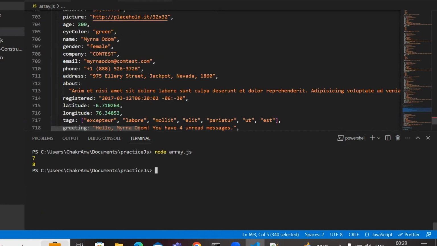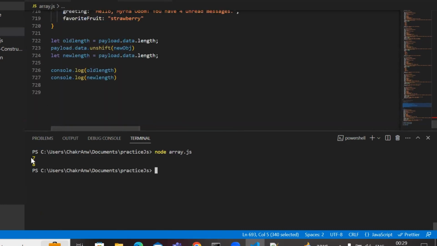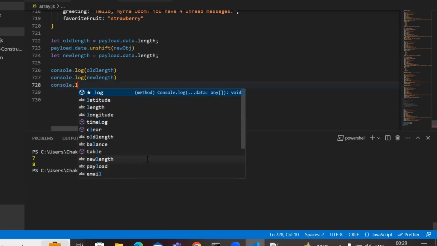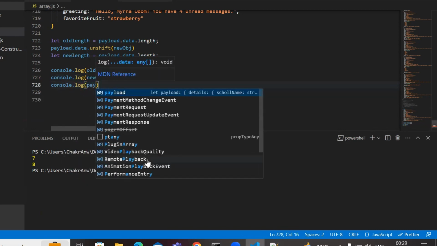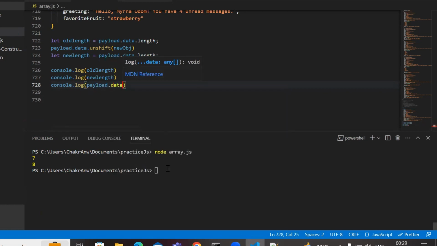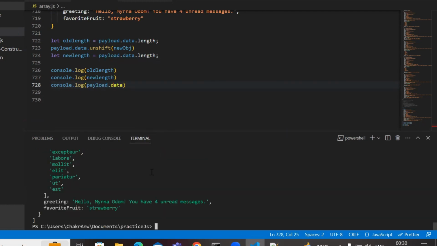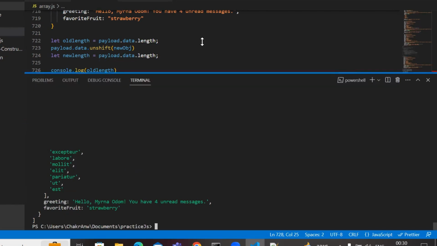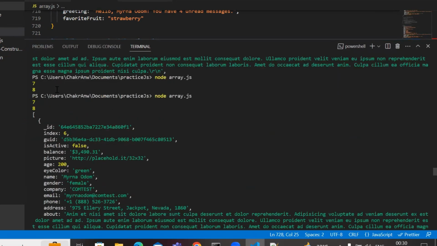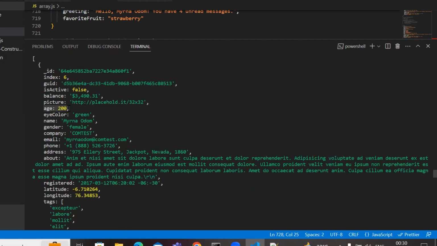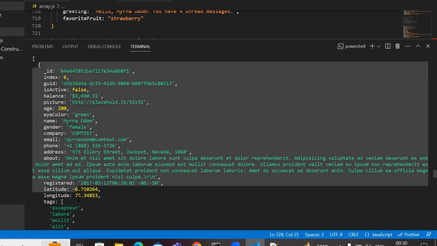You see, the old length was 7, and the new length is 8. So now if you want to see whether this object is inserted into our payload at the beginning or not, for that I will do one more console log, that is console.log payload dot data. Okay, so let's see. The first element, you see the age is 200, the GUID whatever I have modified, then that object. Okay, so let's copy this and